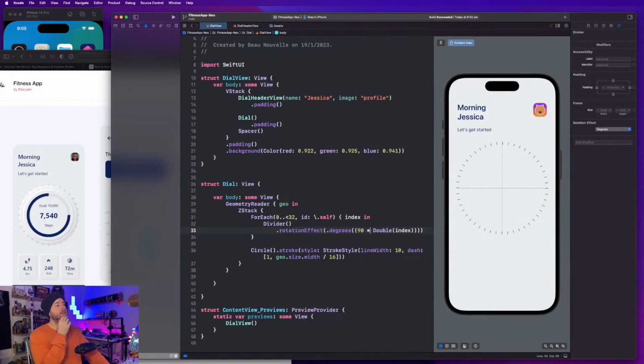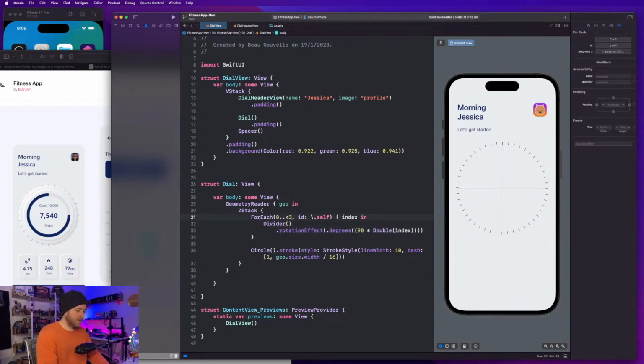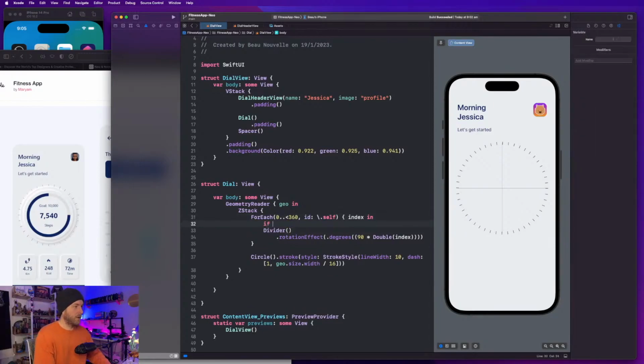I think I got an idea for this. I think we need to do it for, say, 360. How do we use this as the for each? Because I know with the regular for loops we can skip. We can say we want to skip every 10 items, and then we can draw a line. That's sort of what I want to go for with this. So maybe we need to do an if, right? Because we're doing it for every single one now. So it's like if index,